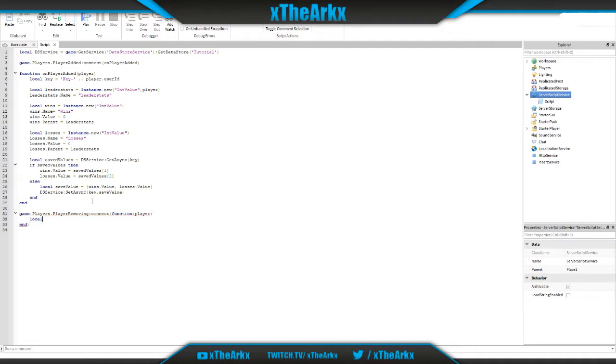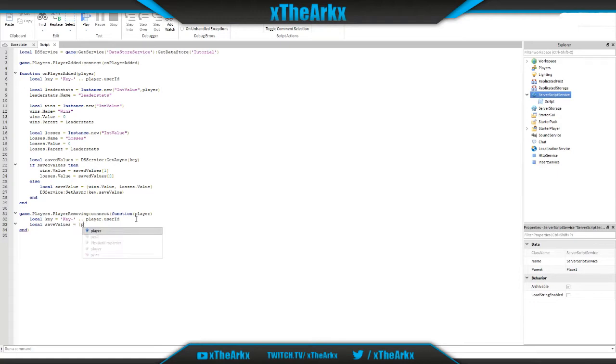Then we're going to do the same thing called local key equals key dash period period player dot user ID. The big thing is this key could be whatever you want. It has to be unique, and this one, line 32 and 6, has to be the same, or else it won't do it properly. And then after this, we go enter local save values